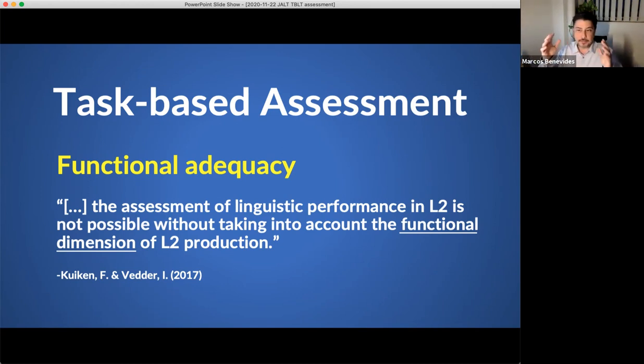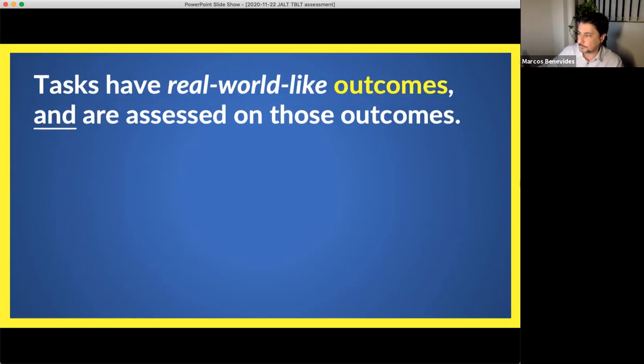So again, to use the example of a thank you letter, it may be grammatically perfect or may have many errors, may use the right lexical items or not. But in the end, it's a thank you letter, judged on the quality of thankfulness that the reader receives by reading it, right? So all other factors are secondary. The primary factor should be this idea of functional adequacy.